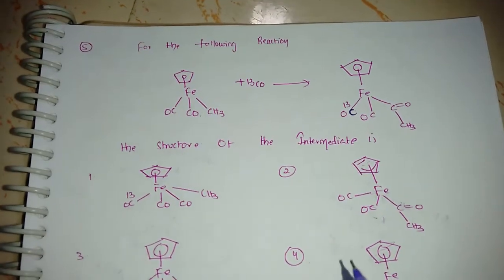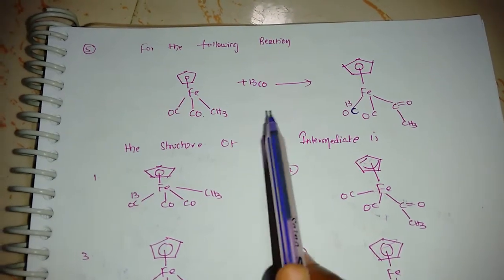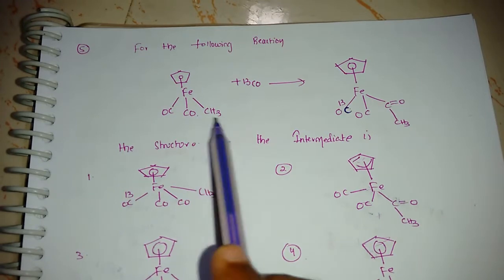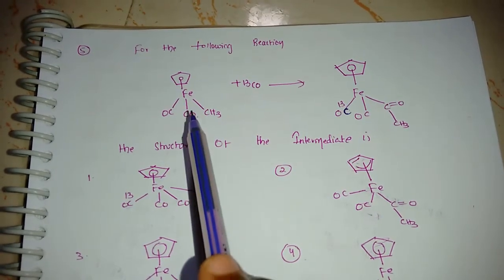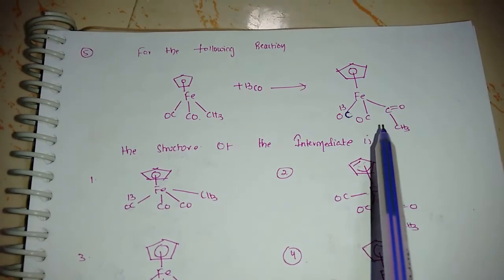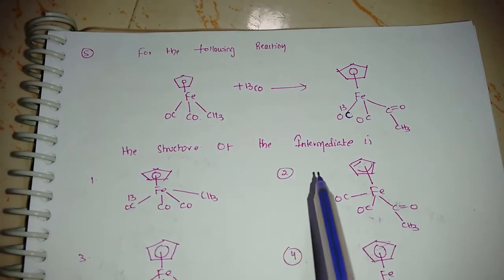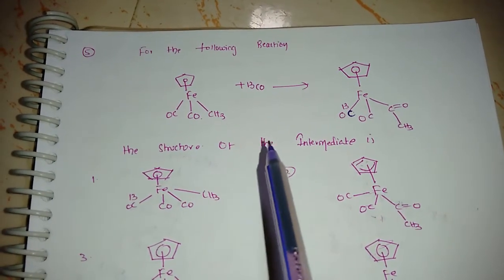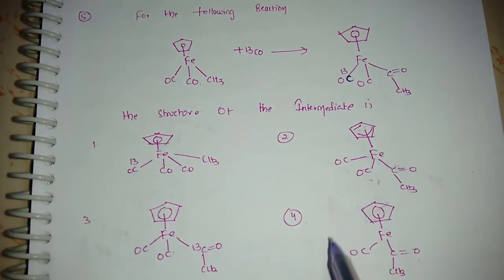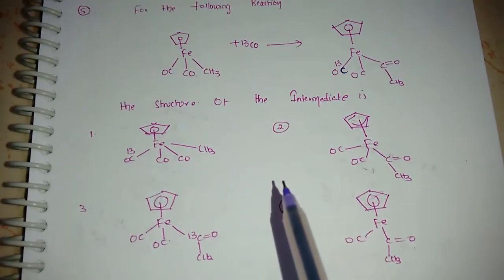Hi friends, this question came in CSIR June 2018 question paper. The question is, for the following reaction, this carbonyl cluster will react with a carbonyl to form this complex. The structure of the intermediate is, he asked the intermediate step of this reaction. These are the options he gave. The answer for this reaction can be,